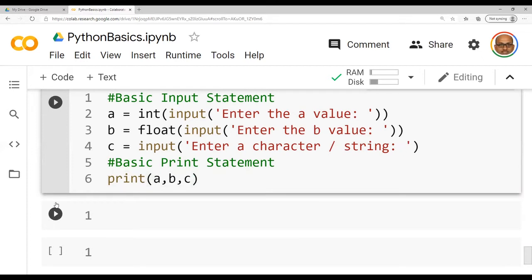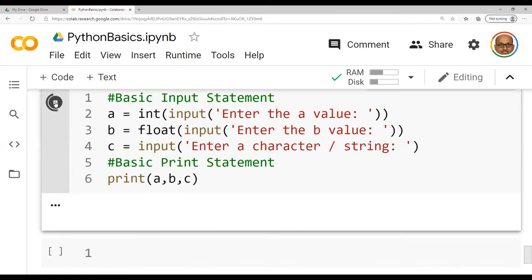Print is a statement which displays the value that is present in those variables, namely A, B, C, on the screen. Again I repeat, print is a statement that displays the value on the screen. Now let me run this code once again.